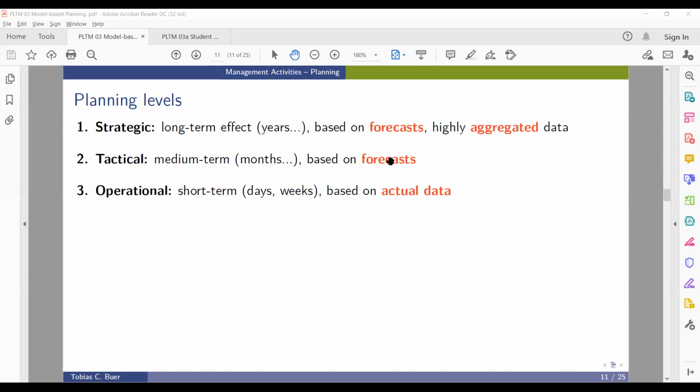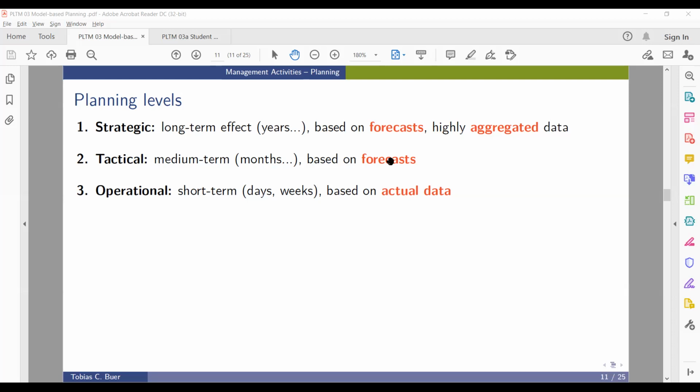Now, if we go to the more strategic level and have a more longer term perspective, we do more aggregation of data. We are then not interested in what an individual student might do or might not do. We don't look at an individual student if they might fail a course or are eligible to take another course. We are more interested in the total number of students that are in our program. For example, we have 100 students, and based on this 100 students in the program, we make a lot of capacity decisions. How many professors should we hire? What qualifications should these professors bring to Geotech, for example?